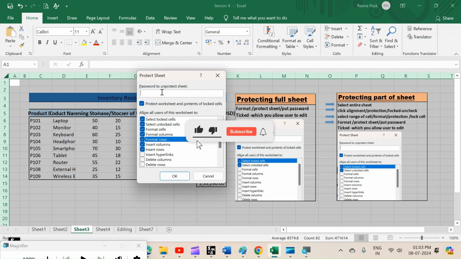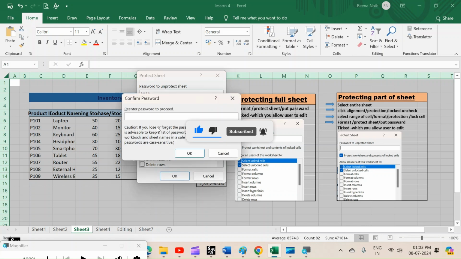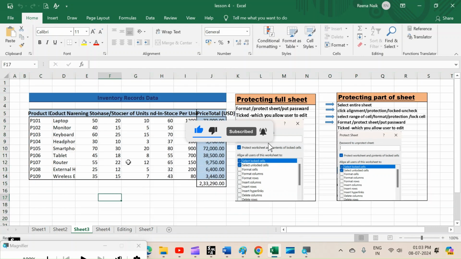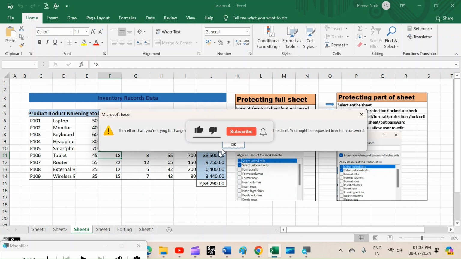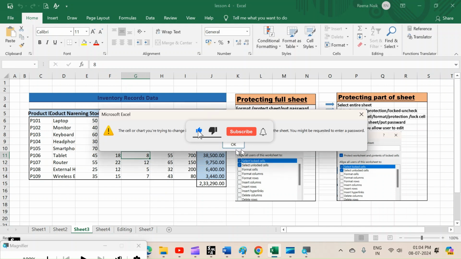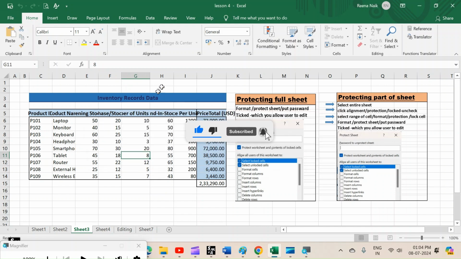Putting the password. See, we cannot insert anything in the cells.